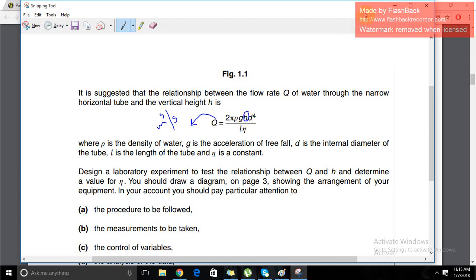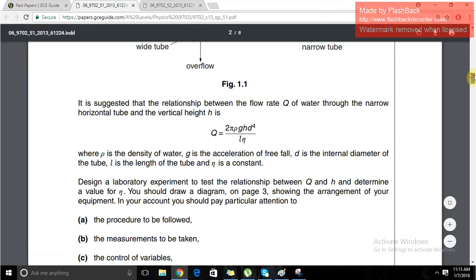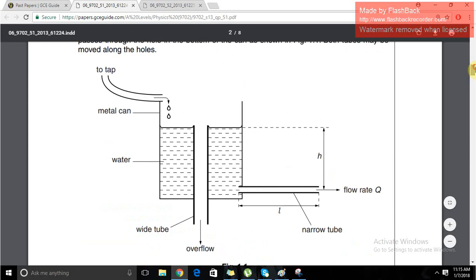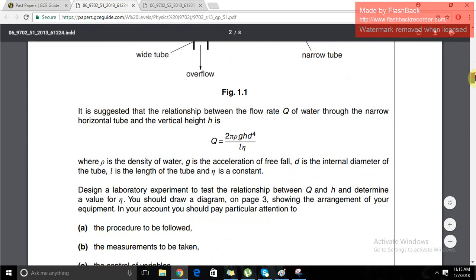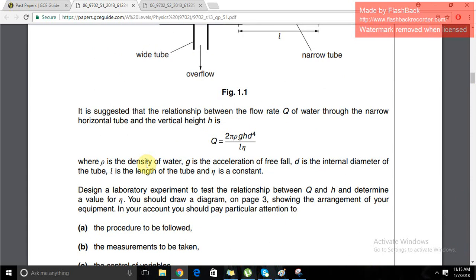And what is d? We were taking t raised to power 4. Is it something that is shown? No. And this is the density of the water, and this is the acceleration of free fall, d is the internal diameter of the tube, and L is the length of the tube, and this is some sort of constant. And what we want to do is relate,